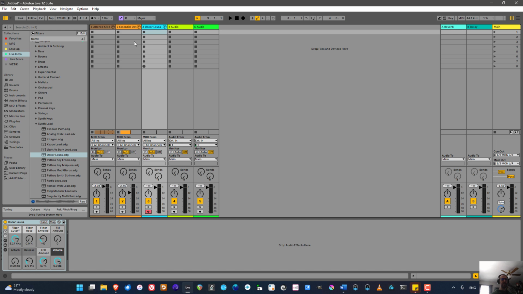So that's kind of cool. I'm clearly playing in C minor, so using one of the new features of Ableton Live, I can actually play with the tuning system up here. So this little purple button, if I turn that on, that enables tuning quantization, and I can just change my key to C minor,